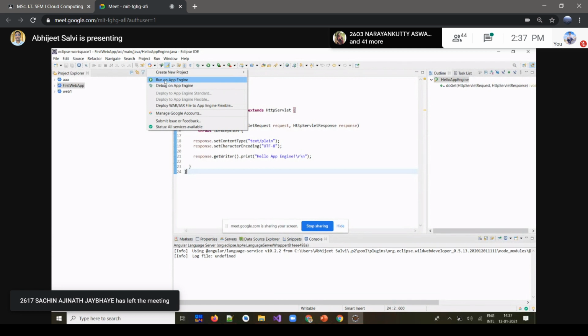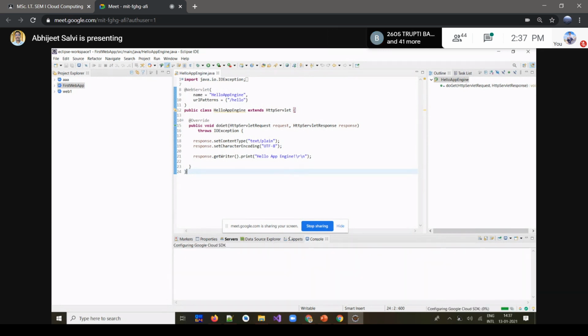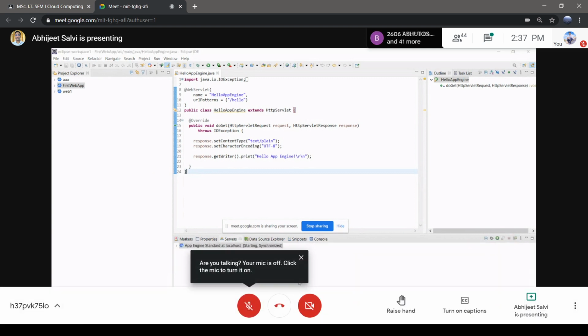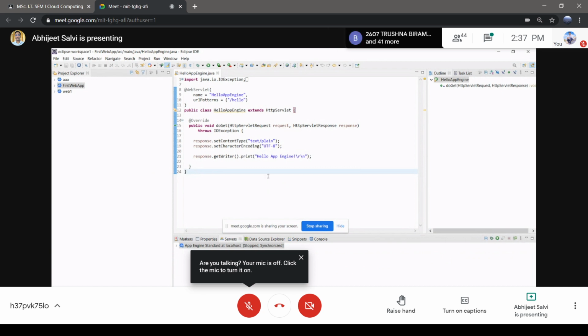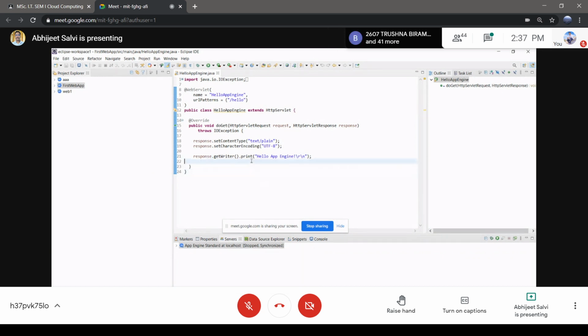But you can activate your own account and deploy it. Once you click on that, some process will happen in your bottom area. It's showing me permission not there, because our account is not fully activated.